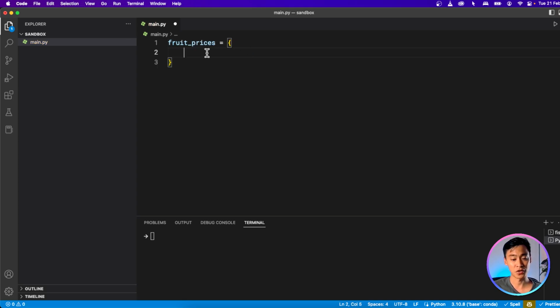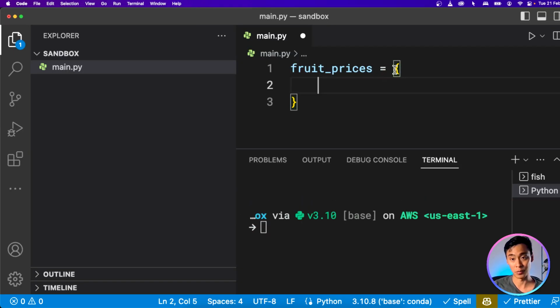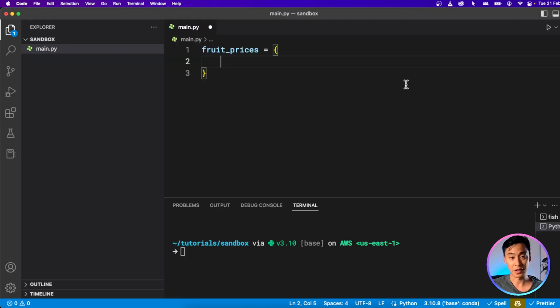So I'm creating my dictionary here using these curly brackets. I'm going to zoom in just so you can see that a little better. It's these ones there. And then here we can write the key for our item. So for example, something like apple, and we can set its value using the colon. And this doesn't have to be a number either. It could be integer or it could be another string. So yeah, the key and the value can be mostly any primitive data types that Python allows.